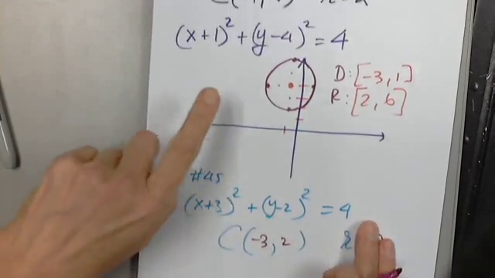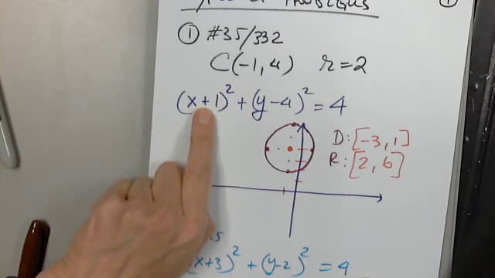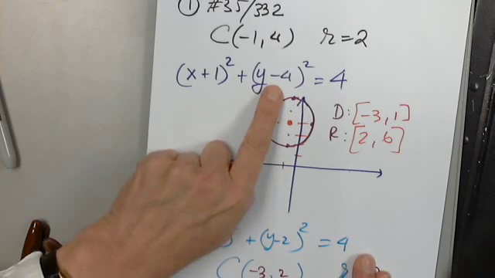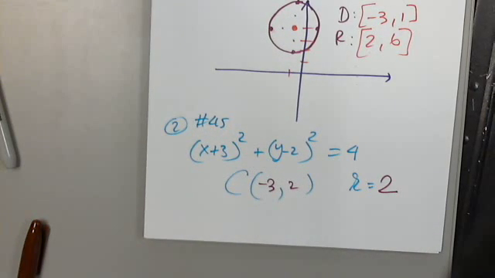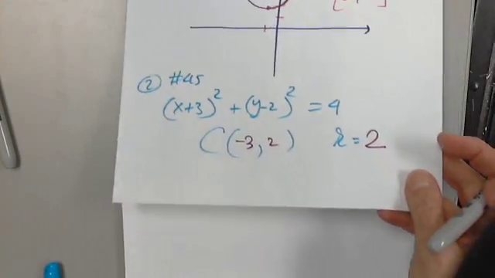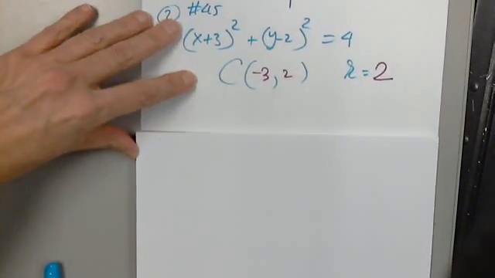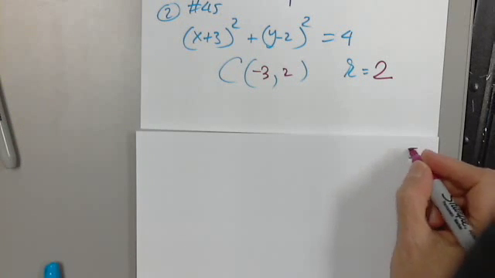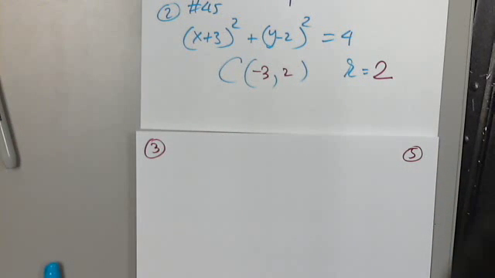-3, 2. Remember what happened here with -1? This changed into positive. With +4, this stayed negative. Indeed, this is a circle centered at -3, 2 with a radius of 2. Any questions? Last type, type 3. Let's look at problem